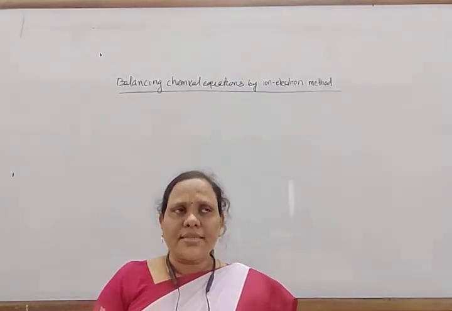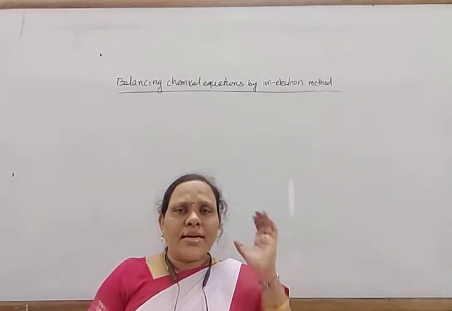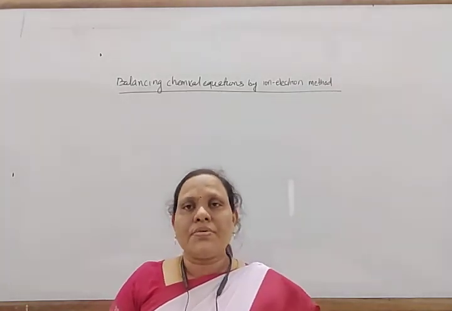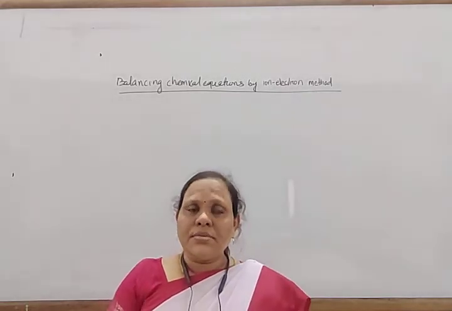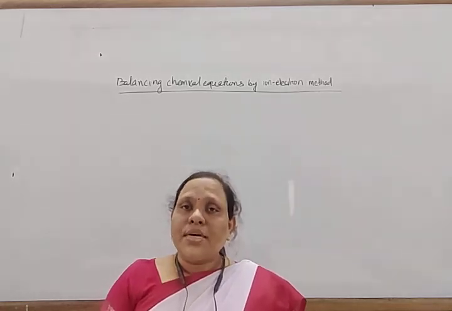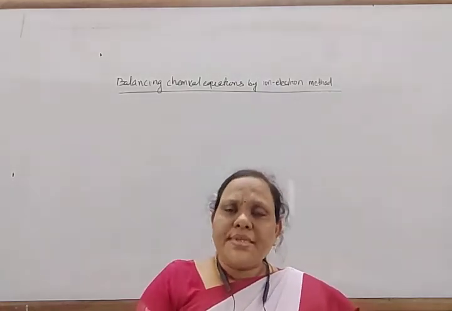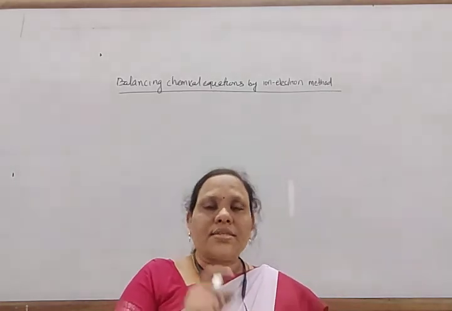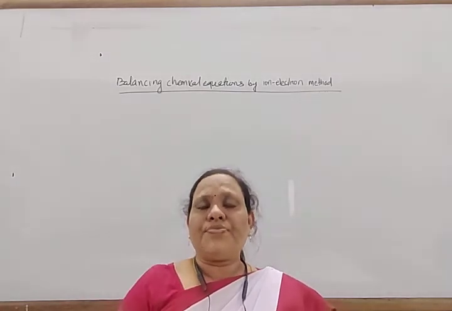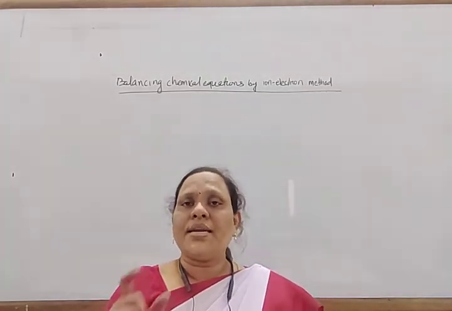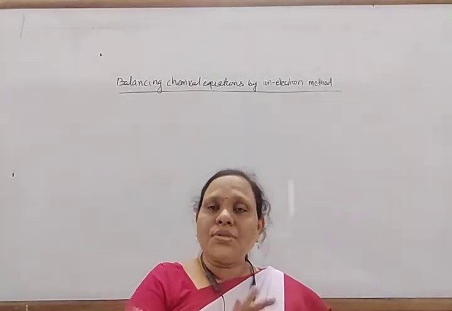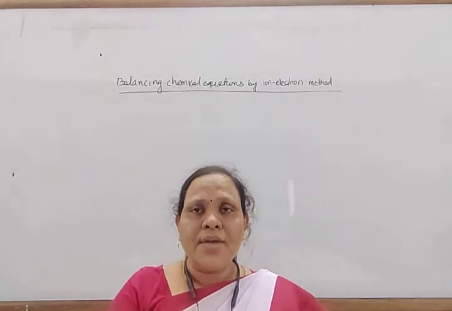So in ionic form, first write down the skeletal equation, then assign the oxidation number for all atoms. Atoms that do not undergo any change, just separate them so that you can write in ionic form. If it is given in ionic form, then assign the oxidation number of each atom, then separate the two equations. One is the oxidation half reaction, another the reduction half reaction. So the species which undergo oxidation and the species which undergo reduction. In this way, first separate the two equations.